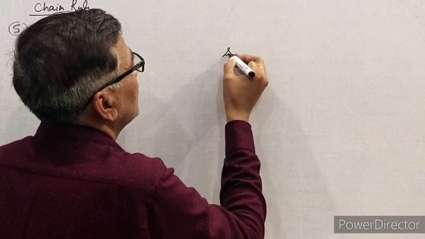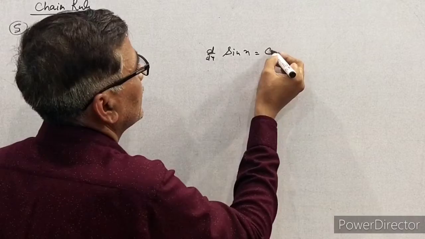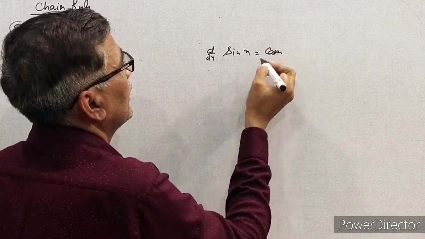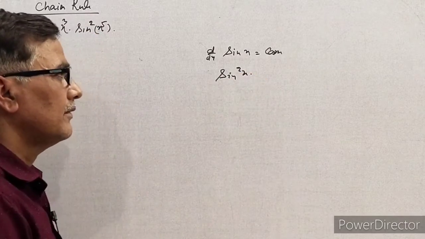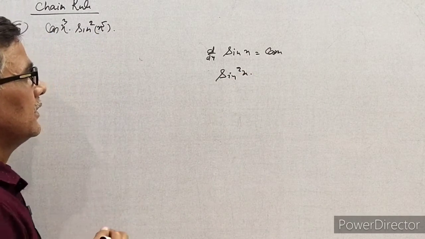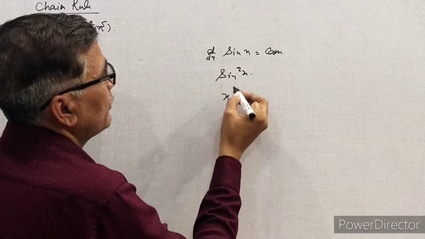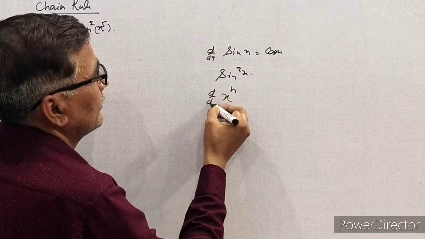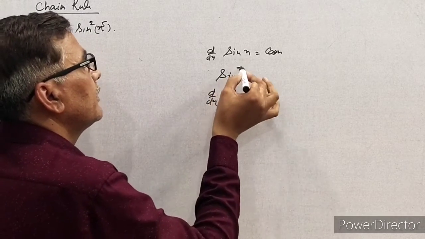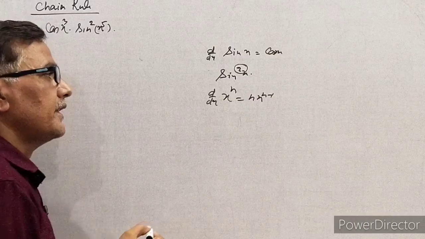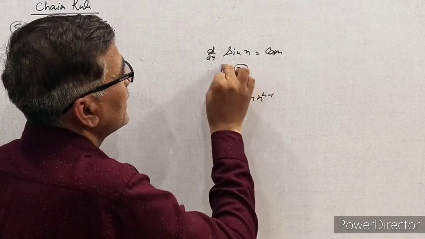As we know that the derivative of sine x is cos x, and if we are having sine square x, then what will happen in such a condition? In this condition we have to use the relation n into x raised to n. Whenever we have power as constant, हमारे पास constant power है और फंक्शन हमारा जो है